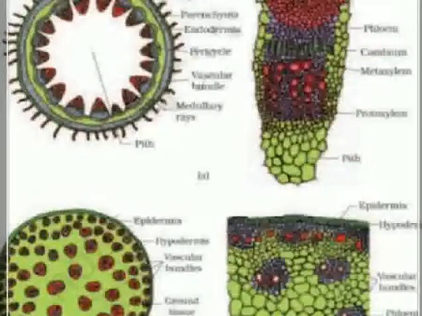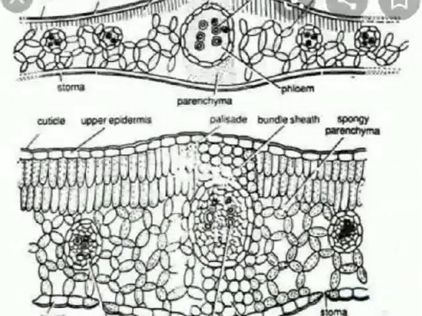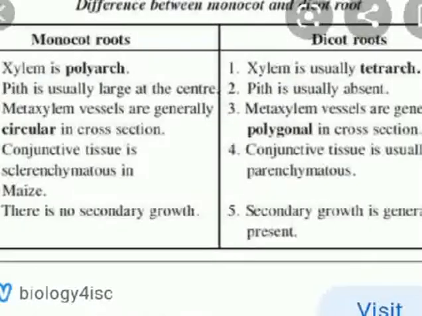So after discussing the anatomy of the stem, let us talk about the anatomy of the root and how it looks like. I will just show it to you. The anatomy of the monocot root is similar to the dicot root, but with little differences. The outermost layer is the epidermis. Many of the epidermal cells protrude in the form of unicellular hairs.